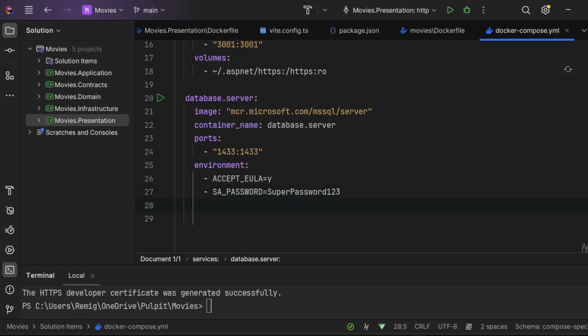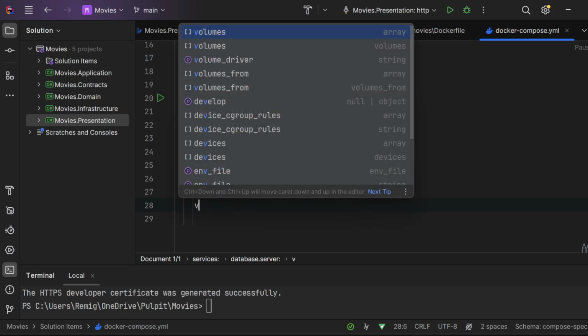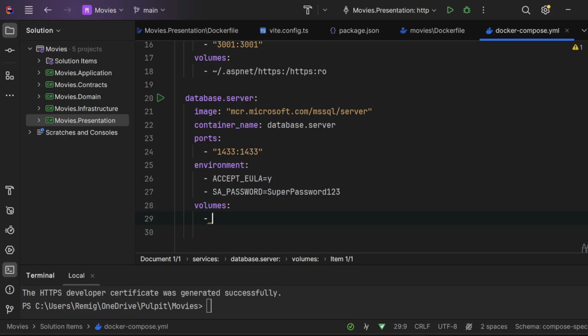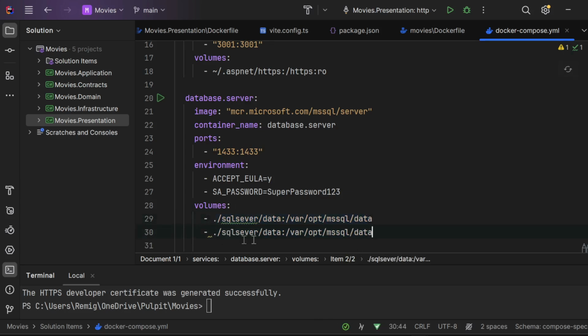And then we have to also have the volumes for our database not to lose any data in case of switching the container off, let's say. So we'll assign the volumes, and those volumes will be as it is, SQL Server data, var/opt/mssql/data, and I'll have the same for the logs. So mssql, here I'll have log,